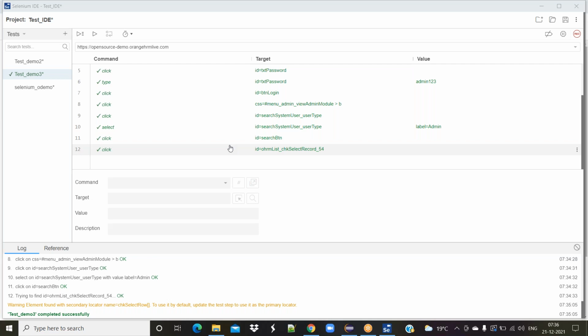Then why am I showing this as of now? Because I want to give you a high level idea about the Selenium IDE also. As an automation engineer, we have to get knowledge about all the Selenium versions. That's why I'm showing you a high level idea here.